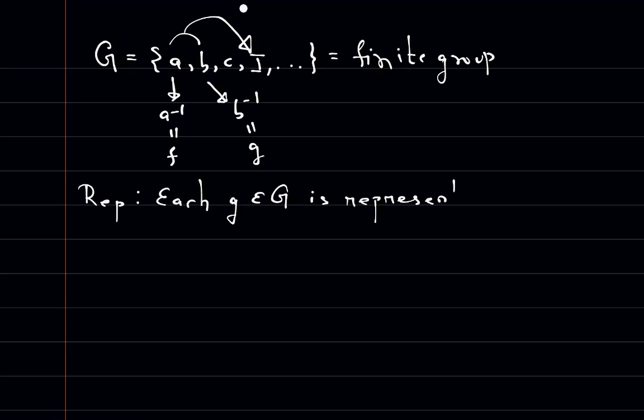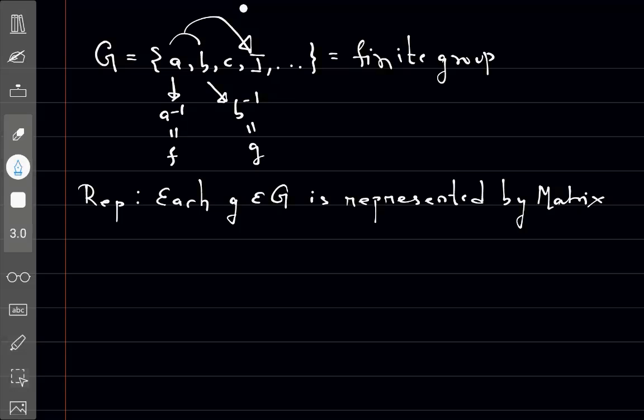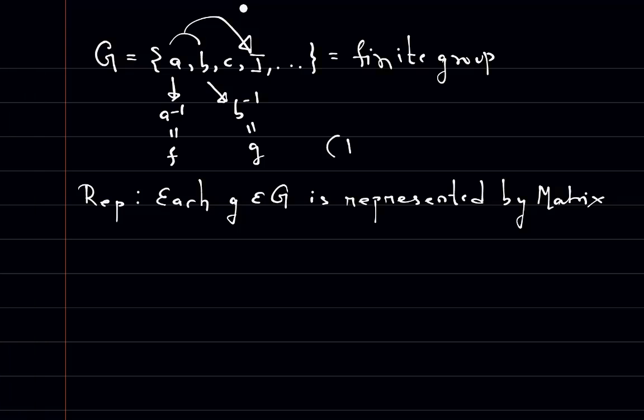So this was the whole idea of group representation. It is represented by some matrix, and these matrices that represent this group should follow the same properties that this follows. So each element is represented by a matrix, and hence when we talk about representation, we actually talk about matrix representation of G. We don't do the matrix representation of a set, but we do the matrix representation of set elements. So A, B, C, they will all have a matrix representation.